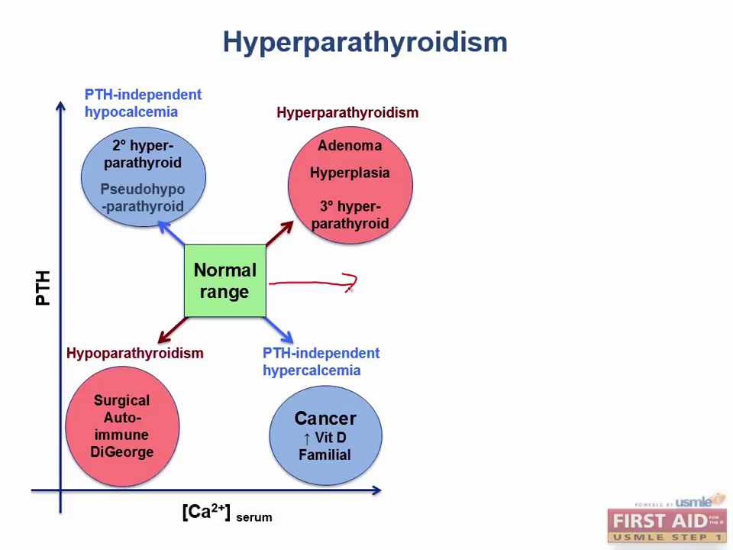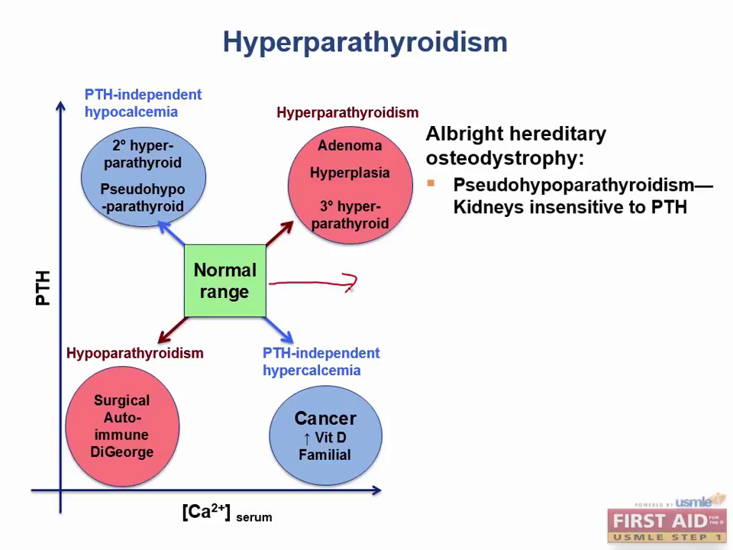Finally, pseudohypoparathyroidism is part of a syndrome called Albright's hereditary osteodystrophy. Now this one's a bit confusing because it's called pseudohypoparathyroidism, even though the mechanism's pretty similar to secondary hyperparathyroidism. In both cases, the kidneys are the real problem. In Albright's hereditary osteodystrophy, however, the kidneys are working, but they're insensitive to PTH, so they waste calcium and don't